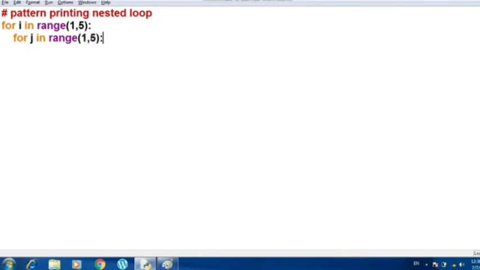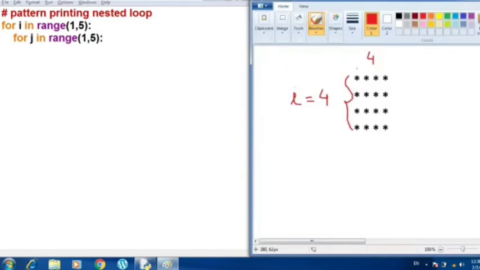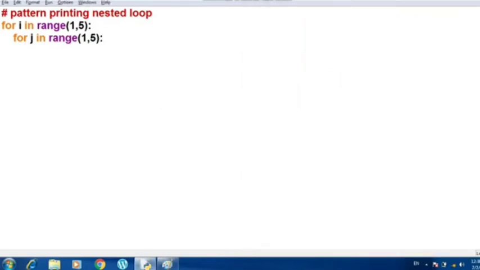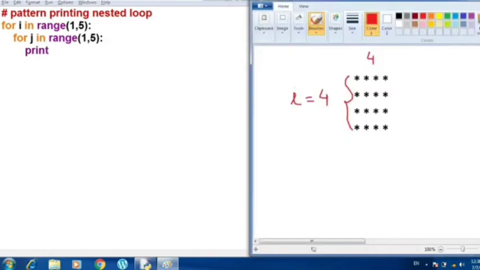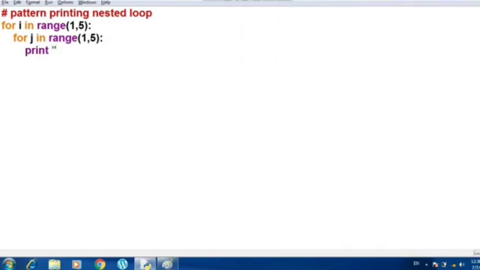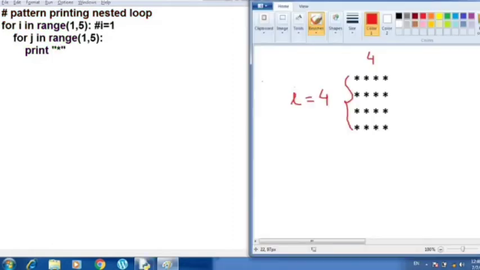Alright, now I'm going to write the print statement here, print, and whatever symbol you want to print, you have to write under the print statement here. So I'm writing here double quote and then star symbol. Students, let us see how this pattern will be